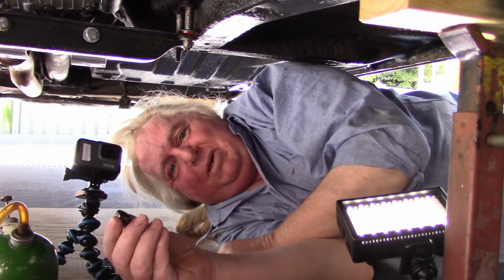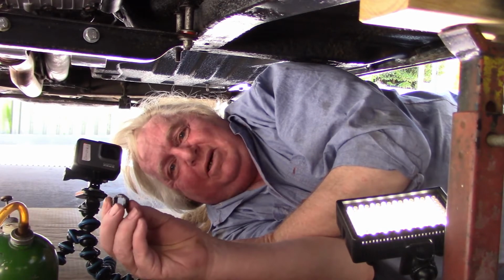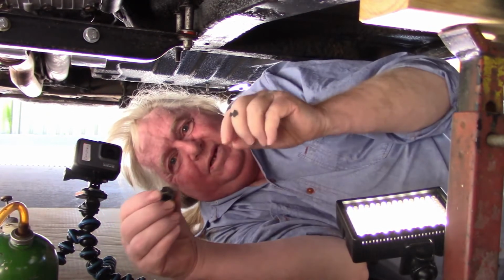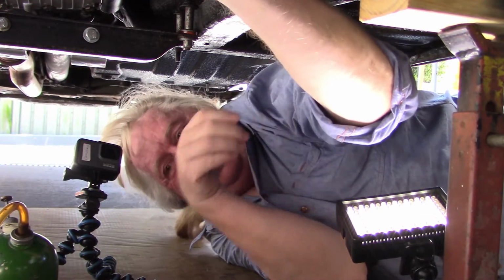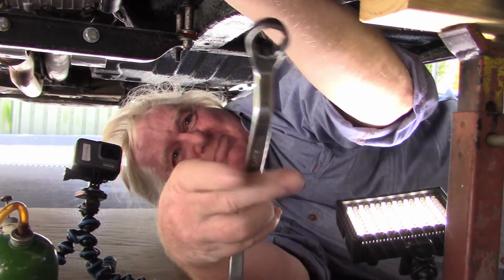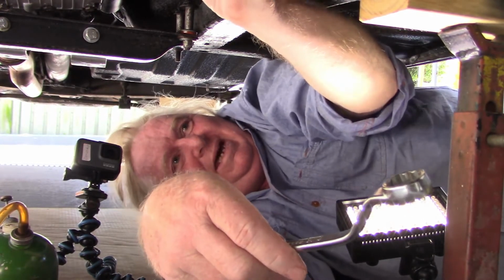What we have here is Special Tool X2B, otherwise known as a nut. It's been filed out so that it will go over the square section that is the plug in the side of the gearbox where the oil goes in. Now, why Triumph didn't put a nut on here in the first place is beyond me. Now, of course,